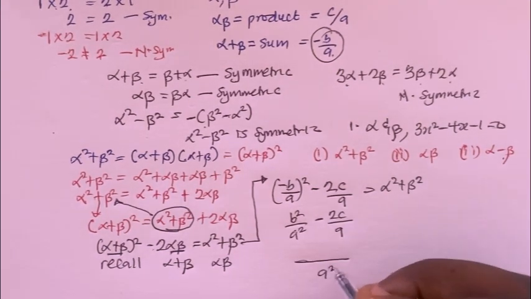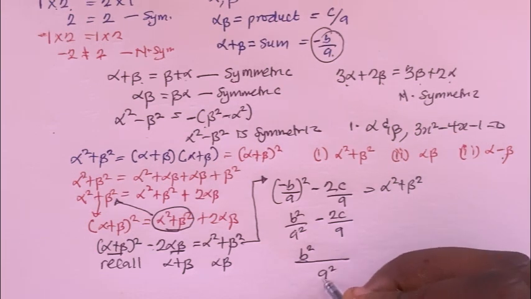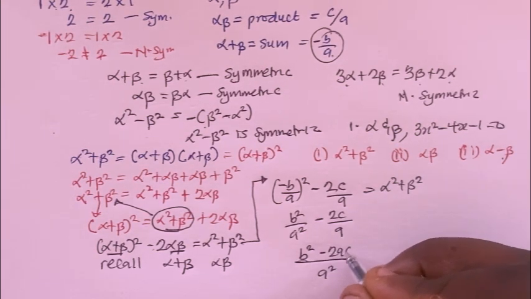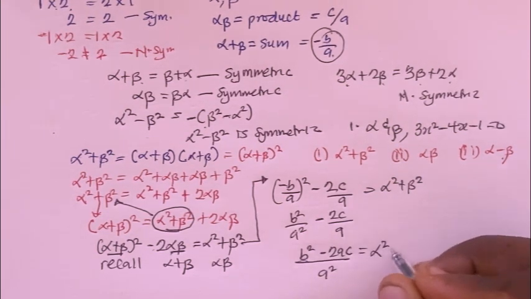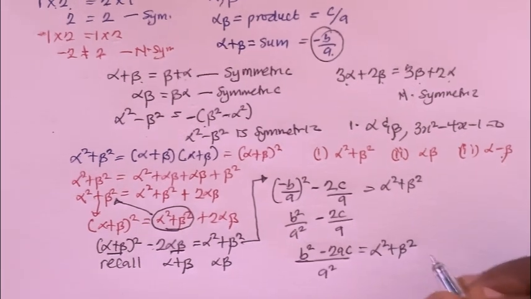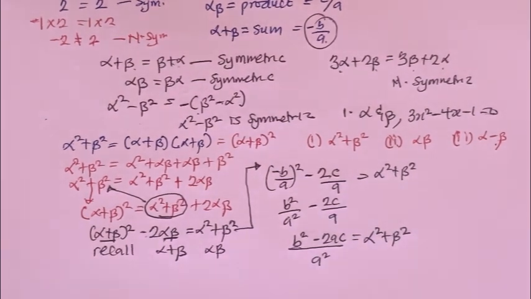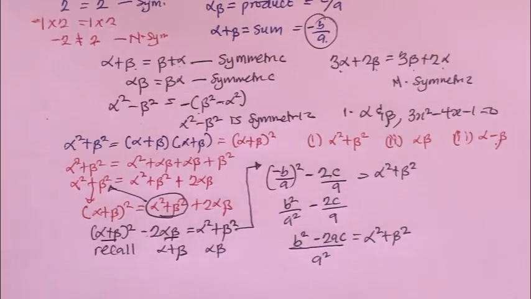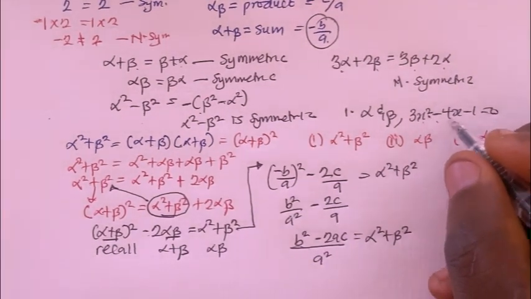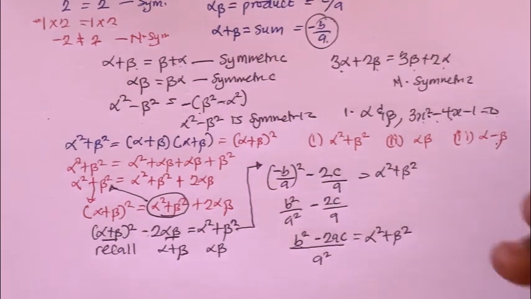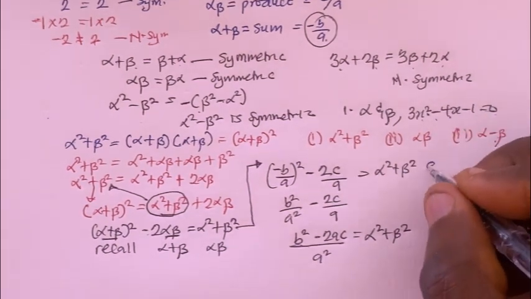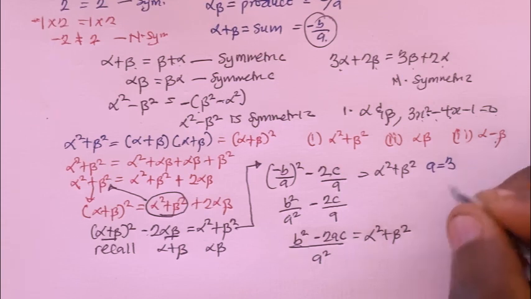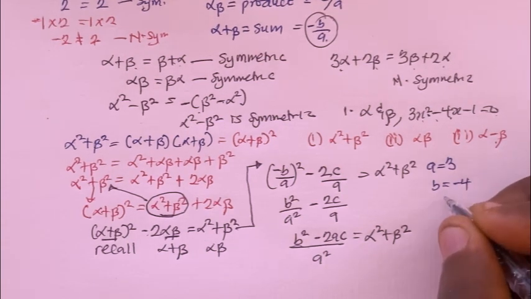Then I'm having a squared here. I'm going to have this with b squared, then this cancels this. I'm going to have minus 2ac, which equals alpha squared plus beta squared. Exactly. So let me just go ahead and fix the value of each variable here, because from the equation I'm given, which is 3x squared minus 4x minus 1 equals 0, I know that a is equal to 3, b is equal to minus 4, and c is equal to